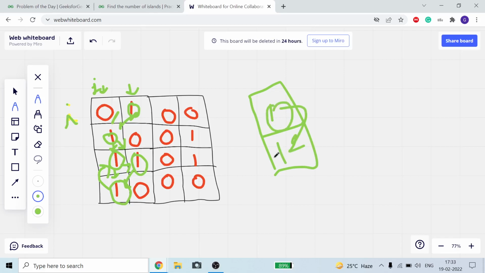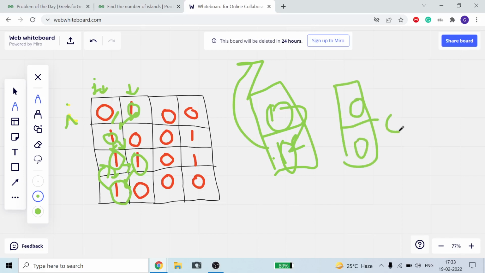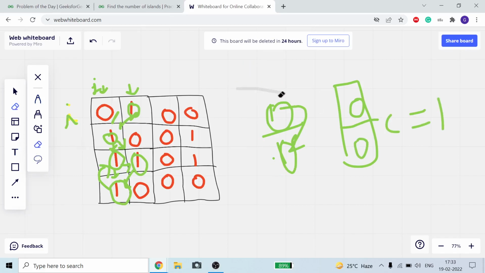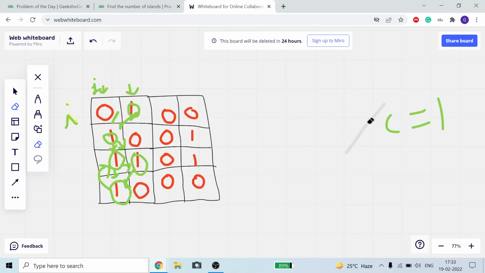Now I call the 8 directions, but I don't find any direction, so I just make it 0 and return the call to my function. It means I have completed, so all became 0. Now our updated matrix will be like 0 and 0, and our c is equal to 1, meaning we have one island. This is why we are making it 0, otherwise we will get TLE because of the cycle.